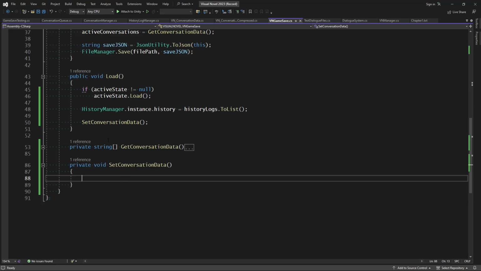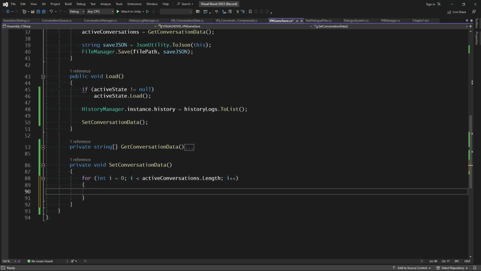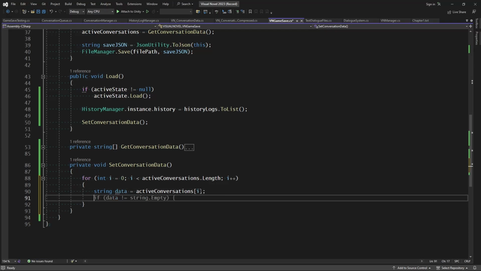So let's go ahead and make all of our conversations get added back to the conversation queue. So for int i equals 0, let's start at the very beginning, and while i is less than activeConversations.Length, i++. Let's go through every single one of these things. They're saved in JSON format, so we need to reconvert them. So string data equals our active conversations at index i. And when we convert it back to a conversation, let's just go ahead and catch it here. Conversation